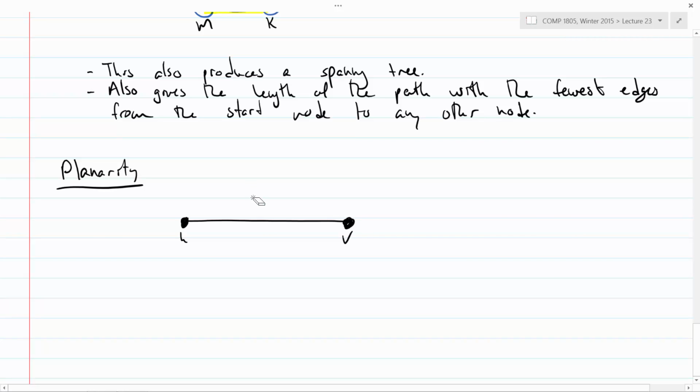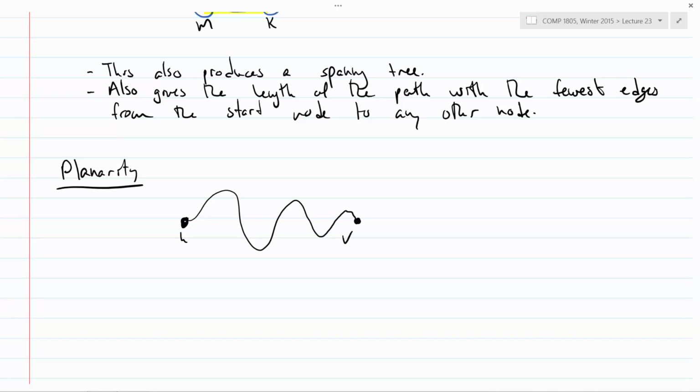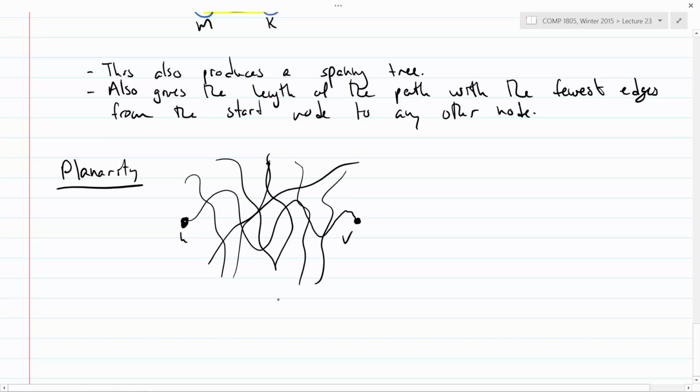One thing I didn't tell you is that graph edges don't need to be straight lines. It's just as correct to draw it like this. That's the exact same graph, because remember, in graphs, all we care about is that the vertices are connected to each other. We don't care about how those connections look. And now let's say I had a bunch of edges all over my graph that looked like this. Now if I ask you, are U and V connected, it becomes a little bit tricky. It's a lot of work to follow that edge through all of its twists and turns.